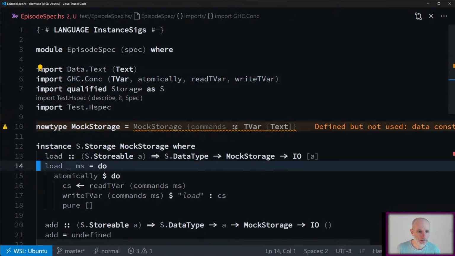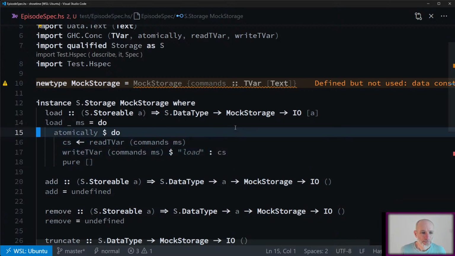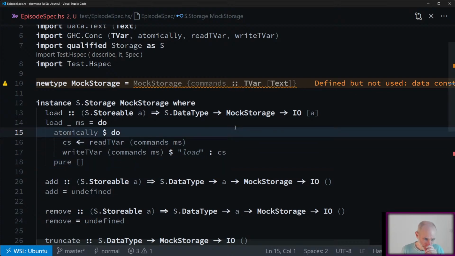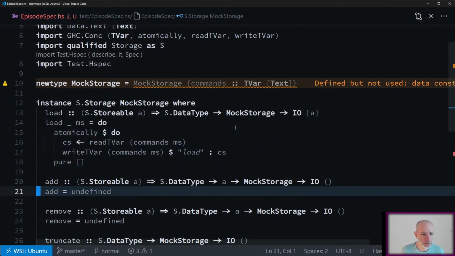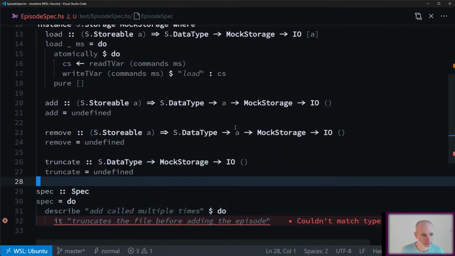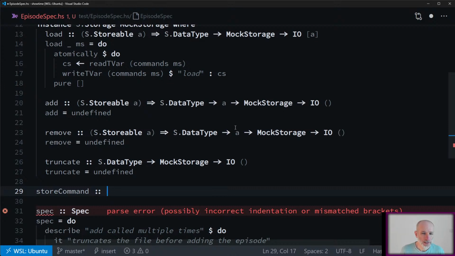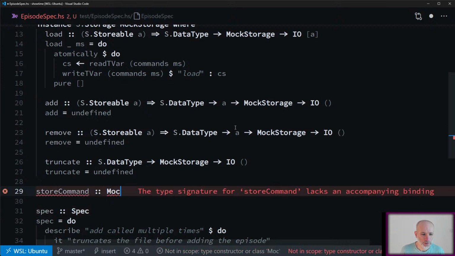Right. I might pull this out into a helper. In fact, pure code doesn't need to enter atomically. So I could have a helper called storeCommand, which takes mock storage